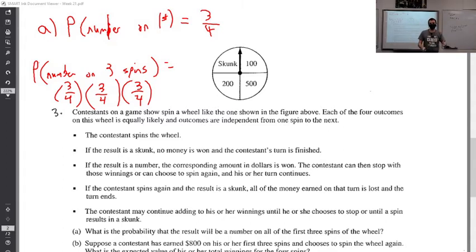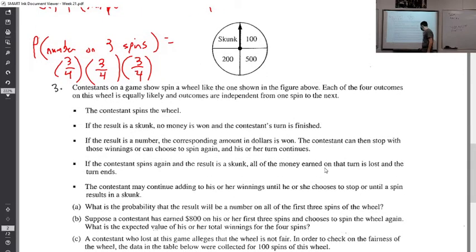So we just multiply them because each outcome is independent of each other. So that's part A. Over on part B, suppose a contestant has earned $800 for the first 3 spins and chooses to spin again. What is the expected value of the total winnings for the 4 spins? So on part B,